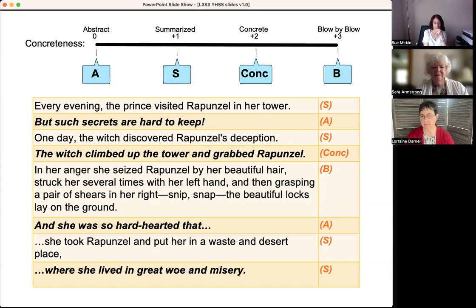And that's what makes it stand out. If everything is blow by blow, nothing stands out because everything is so specific. Which could be a goal you'd have for a whole scene or even maybe longer. But if that was a whole story,